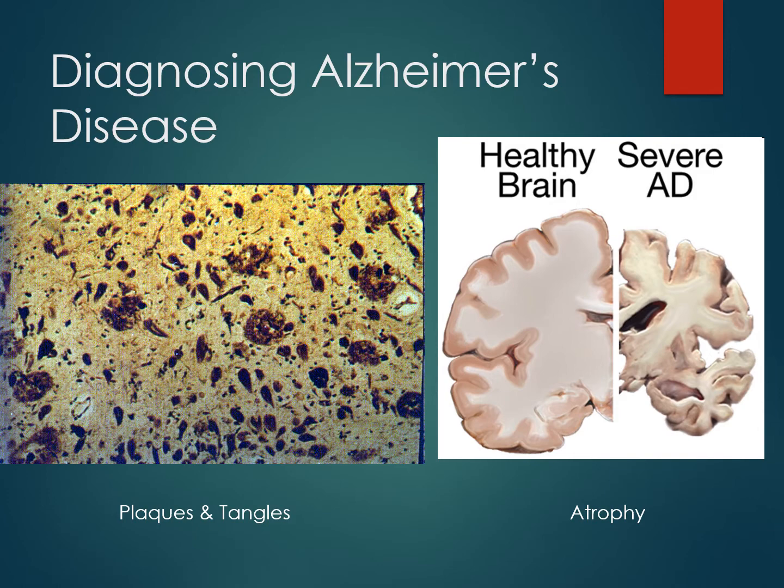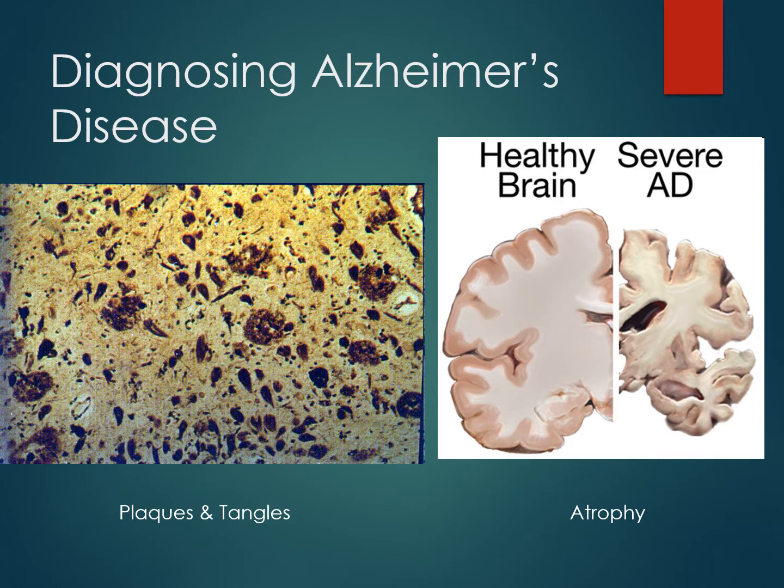dysfunction, since neurons are necessary for communication in the brain. Their presence inhibits the brain's ability to adequately communicate and process information, and it also interferes with the body's ability to resist minor infections. In these pictures, you can see what would be examined during autopsy.